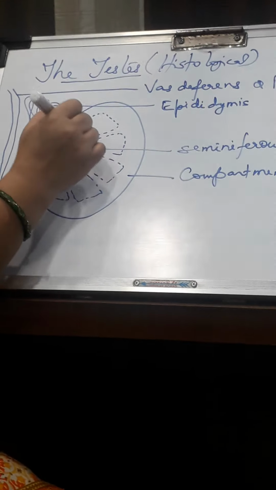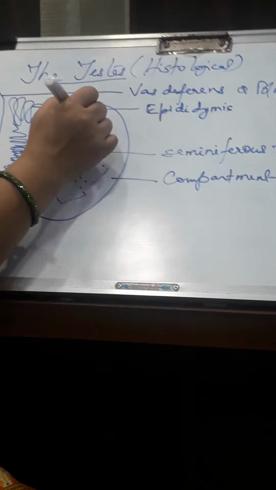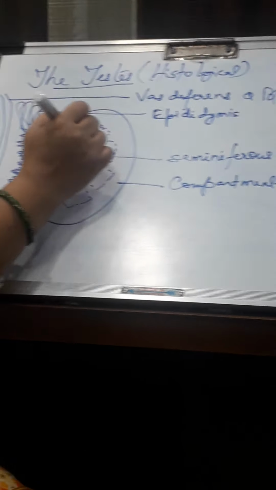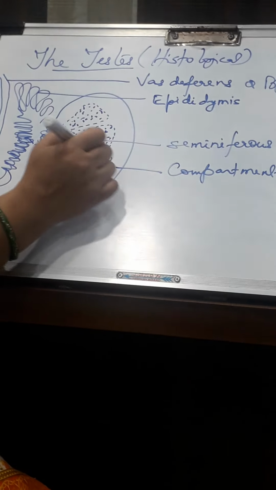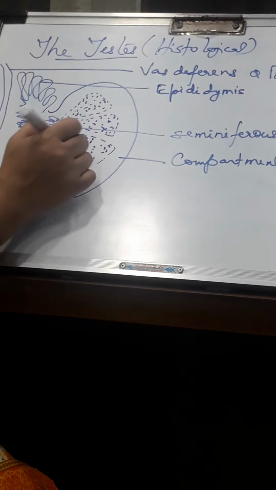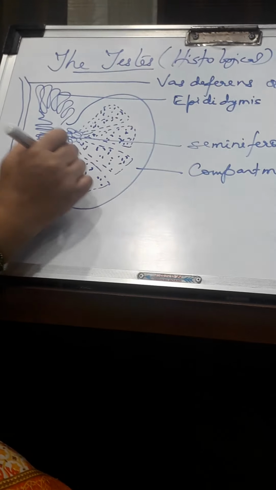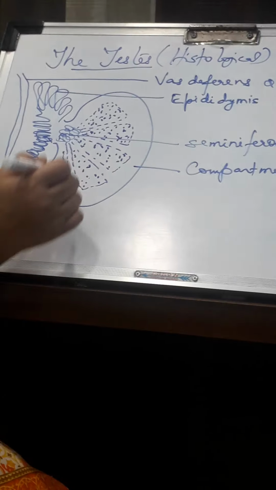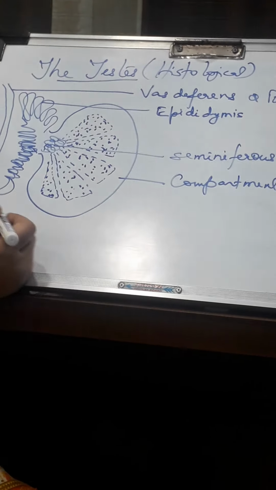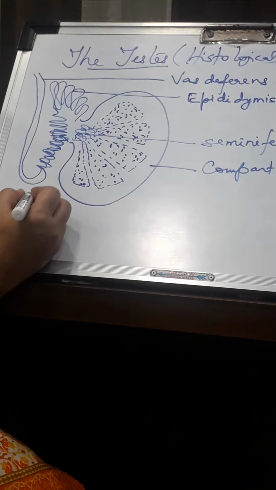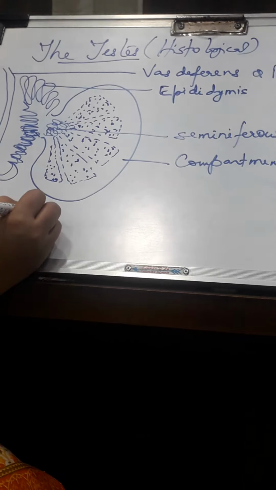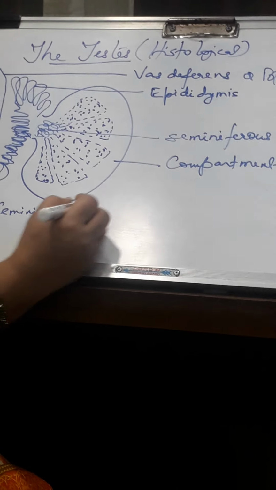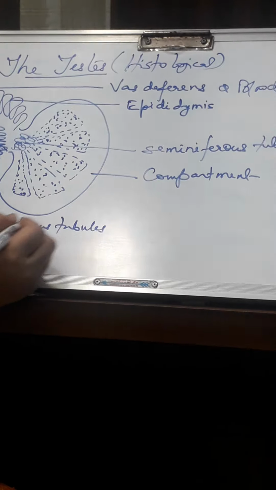Now come to the compartmental part. What does a single compartment consist of? It has segments like pyramids lying all around. What do these pyramids consist of? You all will draw it nicely, and I will provide you the structure. This is the seminiferous tubules, the figure showing the seminiferous tubule and the epididymis.